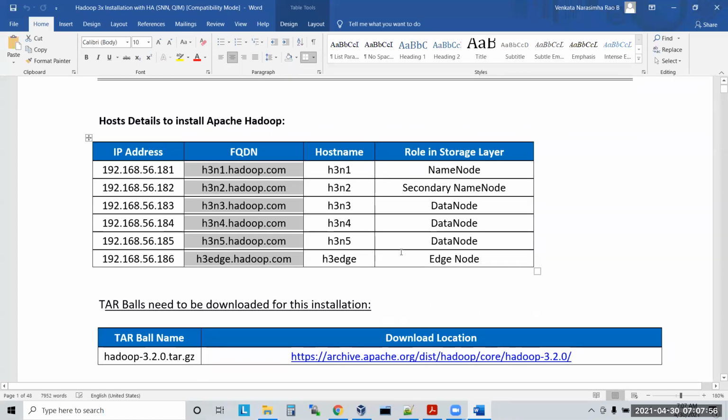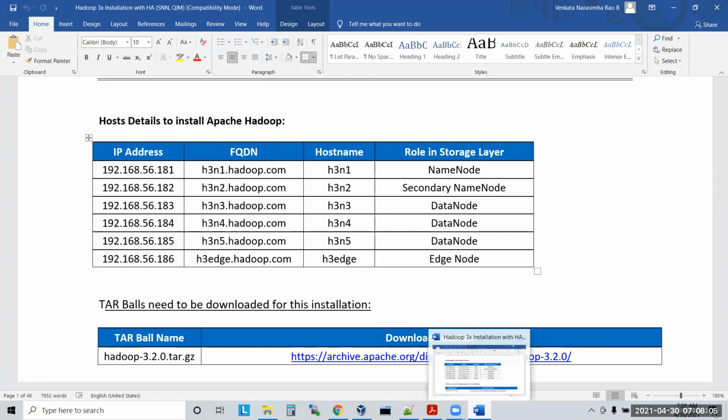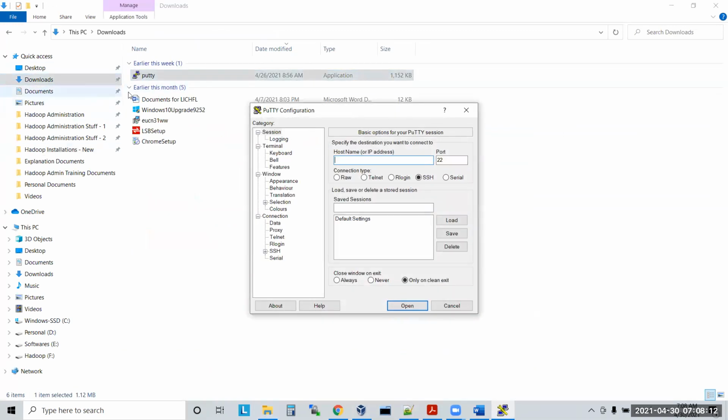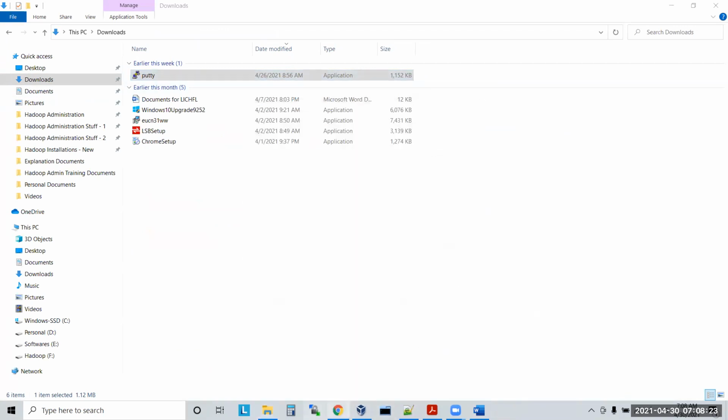Here, when you're using so many VMs, and if you want to open 6 putties, don't you think you will feel like there are so many tabs, so many icons here? For each putty you will have one icon here. If I say one putty, this is one putty. One more time I'm opening putty. Like this, you will have multiple windows, correct or not? Yes. Instead of this, there is something called multi-tab putty actually. So download multi-tab putty also.